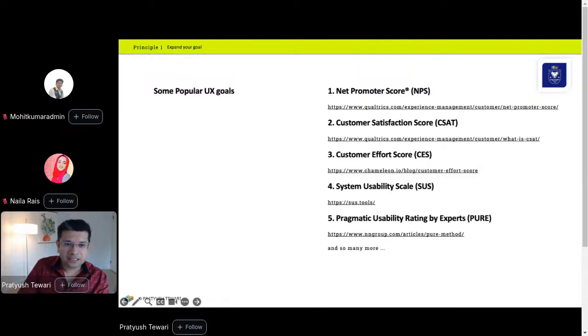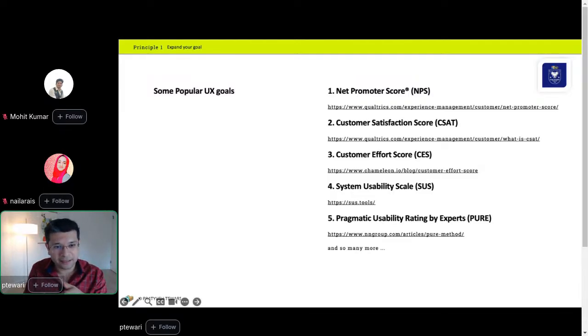So the first three, Net Promoter Score, Customer Satisfaction Score, and Customer Effort Score, are directly related to very simple surveys, and this is where you can create a direction of the customers, whether they are going in a positive direction or a negative direction. But you don't get any details about how the system is behaving or performing based on different edge cases. So I'm not going to go into too much detail about them since they are very popular, and I put the links also.